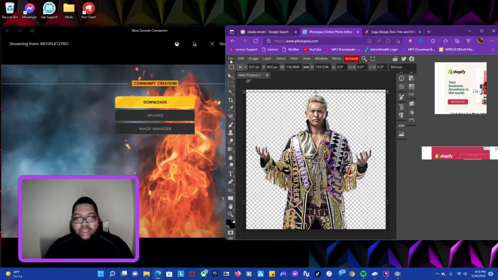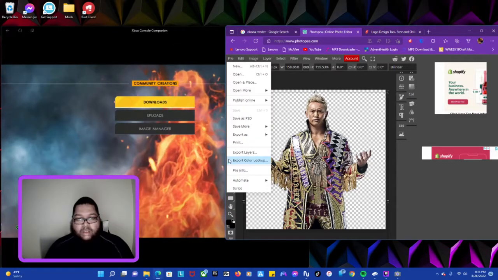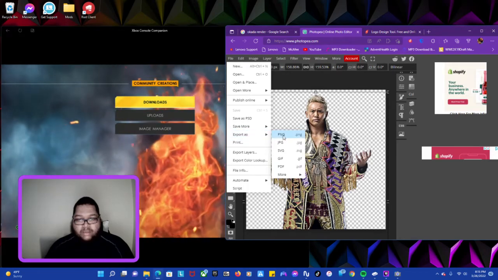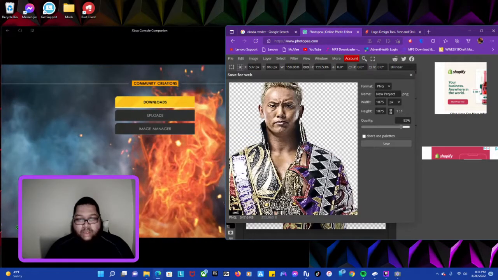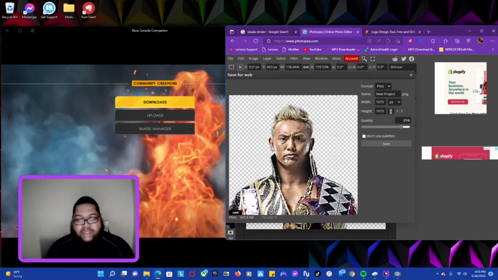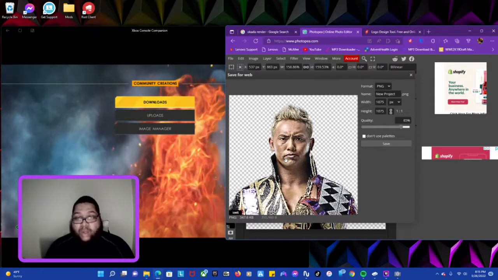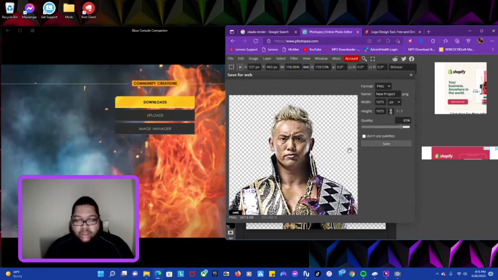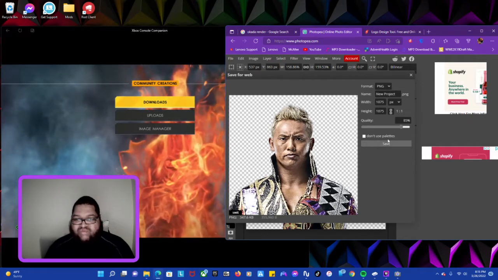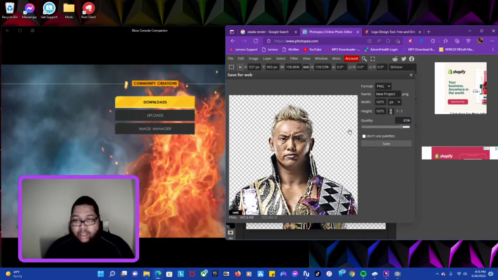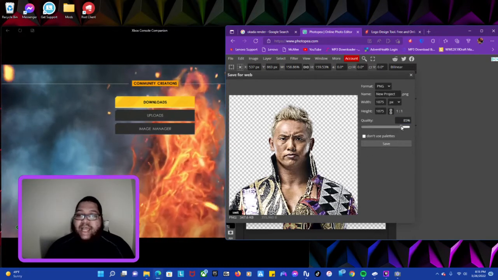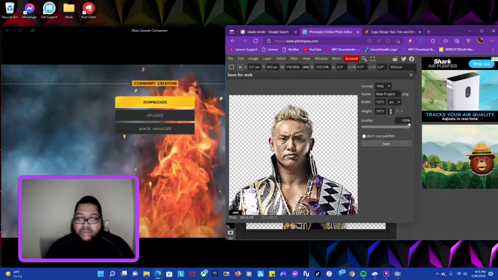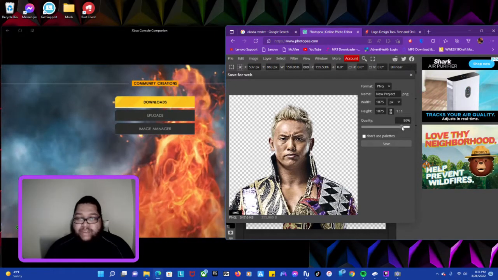Now, once you're done with that, go to Export as PNG. Now, this ain't the best picture, but I'm just showing this as a tutorial. You want a higher quality picture. This is important, the quality right here. If it's higher than 85%, goes to 100. If it's anything higher than 85%,